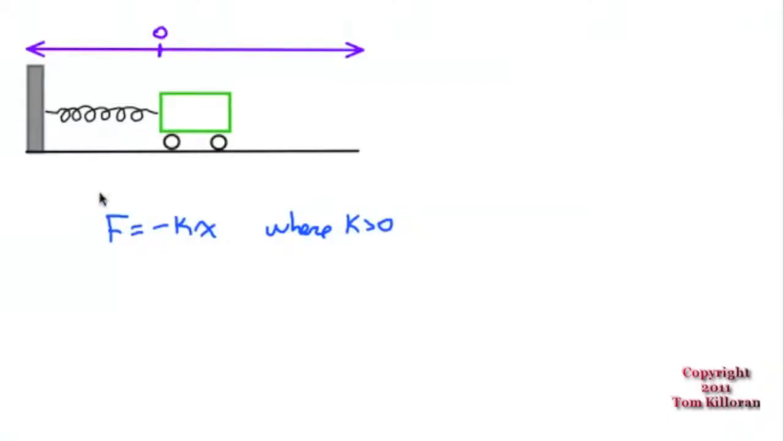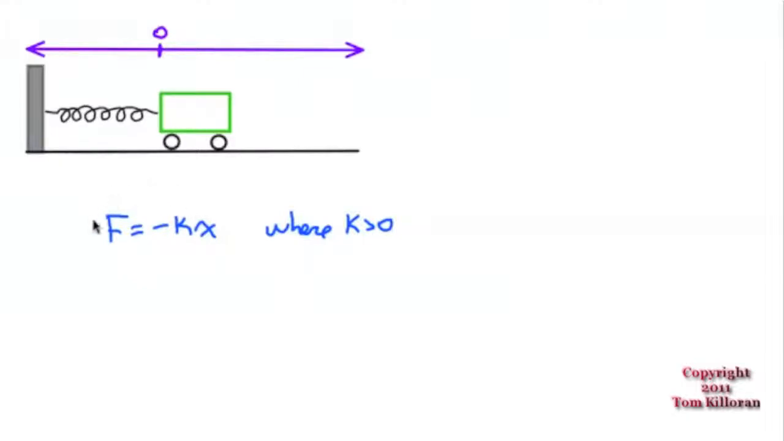A little video on the simple mechanical system. That's just a spring and this wheeled cart, and we're going to assume that it's frictionless, so it just moves back and forth, and the only force enacted upon this is the spring itself. Alright, so if the spring is the only thing acting upon it, we can use Hooke's law